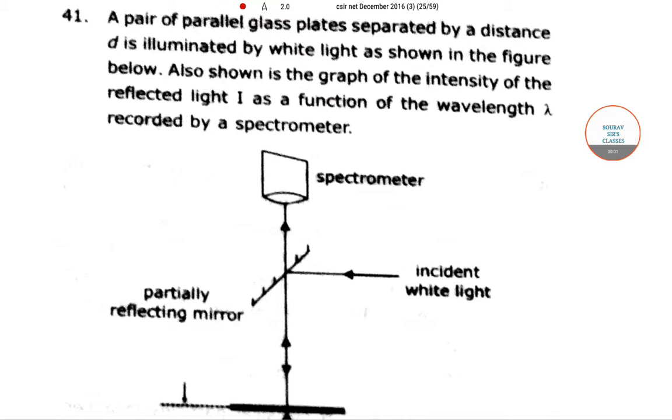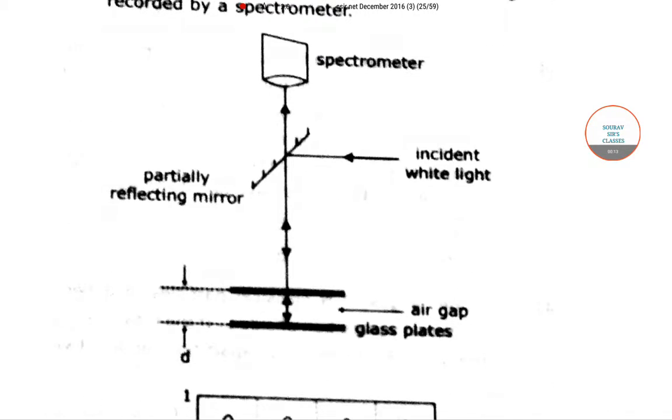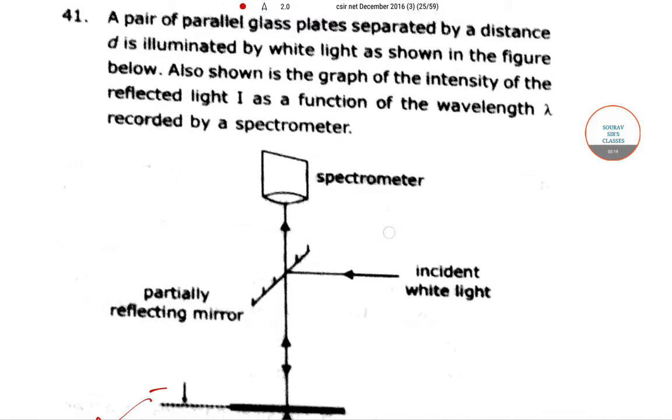This is a CSIR NET question paper. Here we talk about interference. In this question, a pair of parallel glass plates separated by a distance d, illuminated by white light as shown in